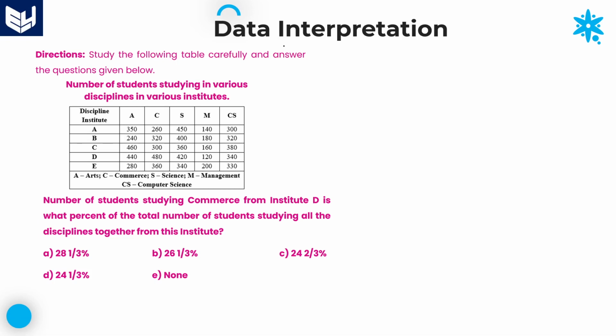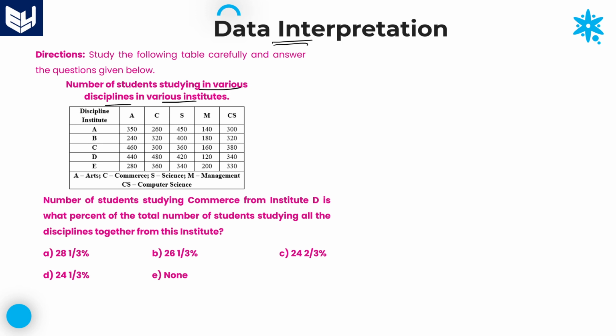In this session, I will continue the tabular data interpretation problems. First of all, we need to read the information carefully. Based on that, we need to solve the questions accordingly. First of all, the information provided in this table is the number of students studying in various disciplines